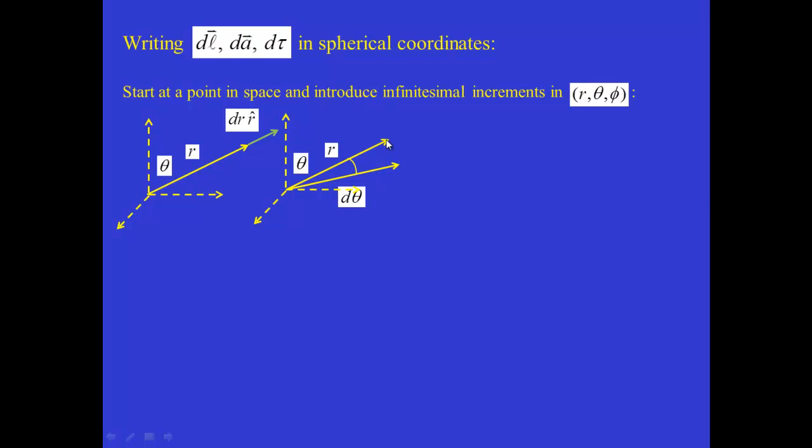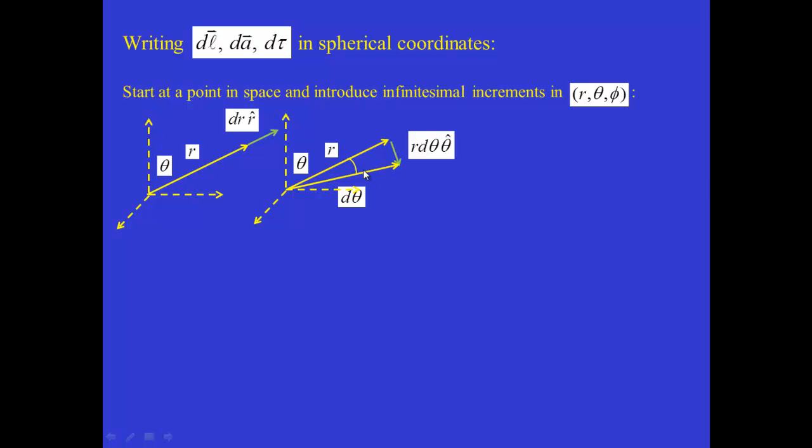Okay, so what is the displacement between the original tip and the final tip of the arrow? It's pretty obvious from simple geometry that that's r d theta, because the subtended angle in that triangle is d theta. r is the side, so it's r d theta, and it's in the theta hat direction, as indicated again by the green arrow. We can play this game one more time in the phi direction, but in order to do